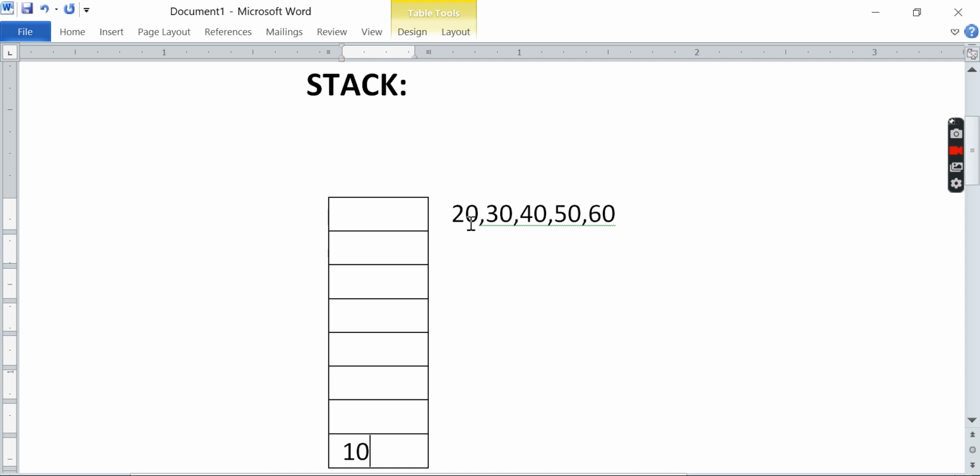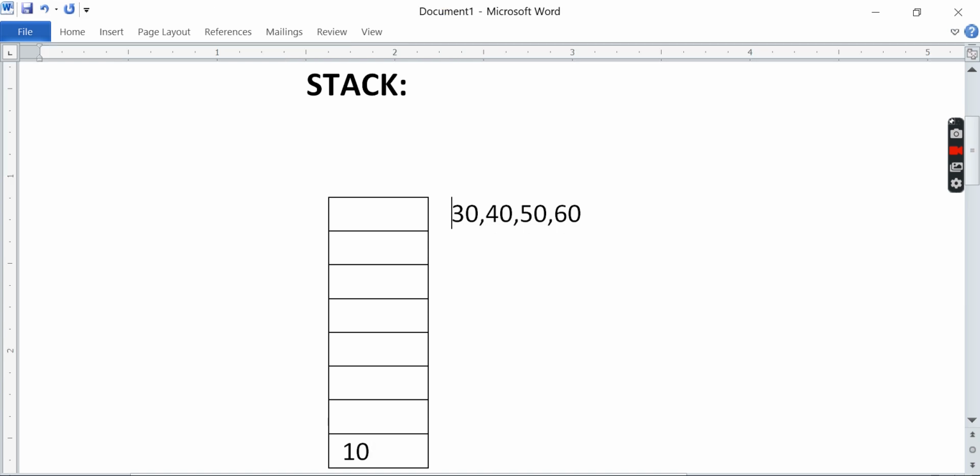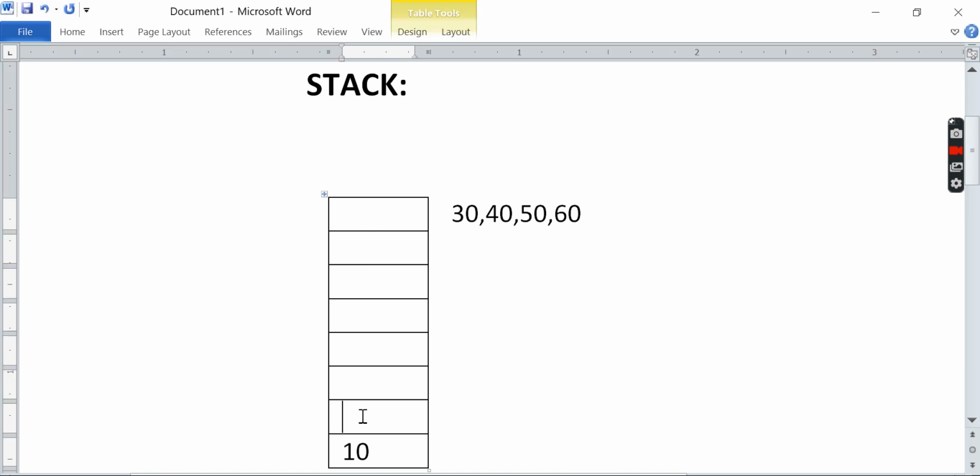So this 10 will go through the top and enter the stack, and it will be seated there. Next, if you want to insert the element 20, you put 10 in first, and then 20 will be added over here.